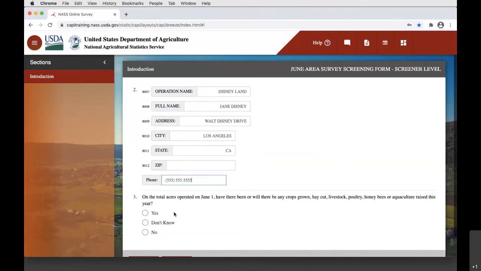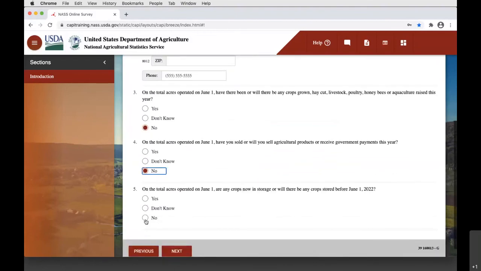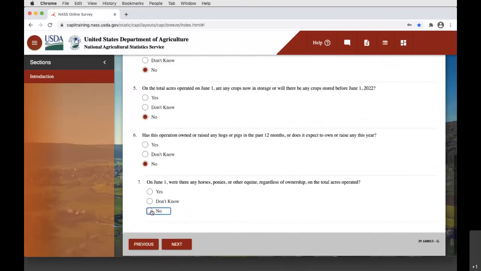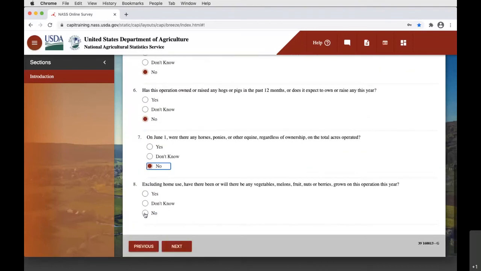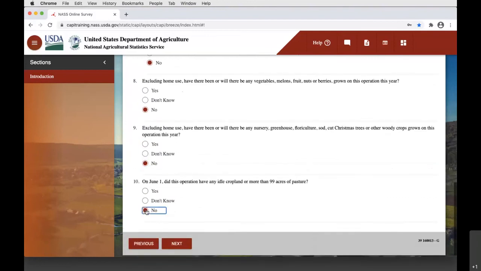Once that is done, I can start answering each of the screening questions one by one. I'm going to go through this fairly quickly because, in theory, I've already asked these screening questions of the operator and I know the answer is going to be no to all of them. Once the last screening question is answered,